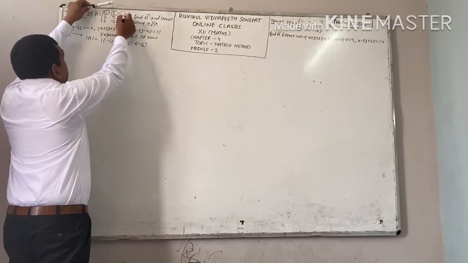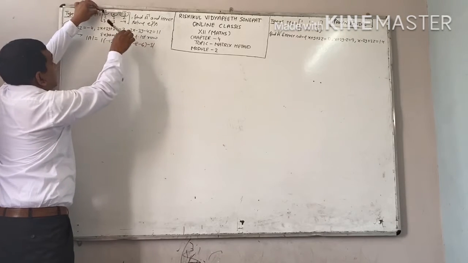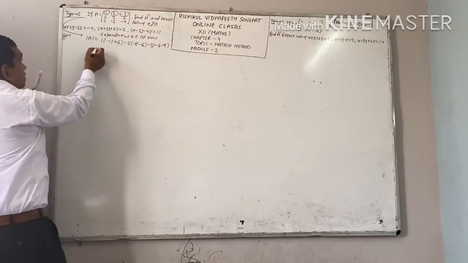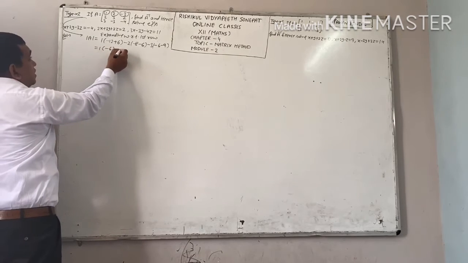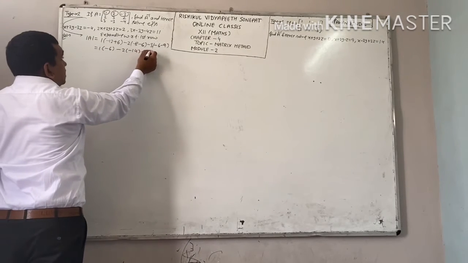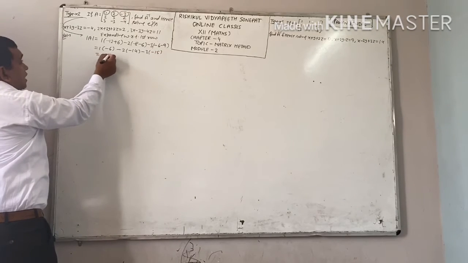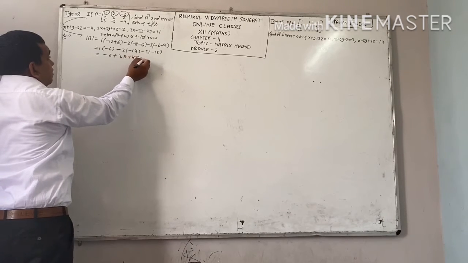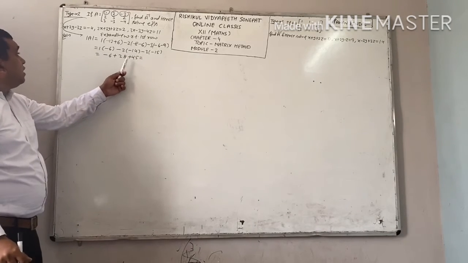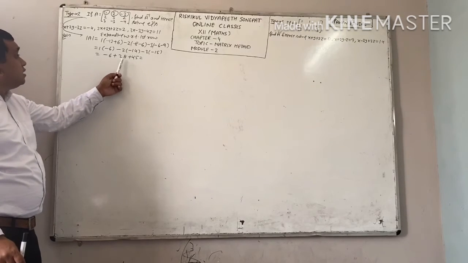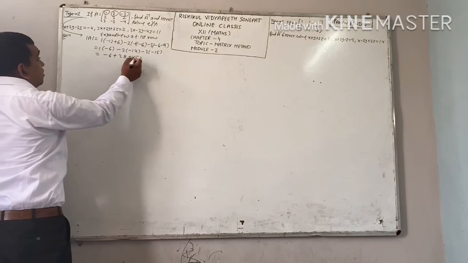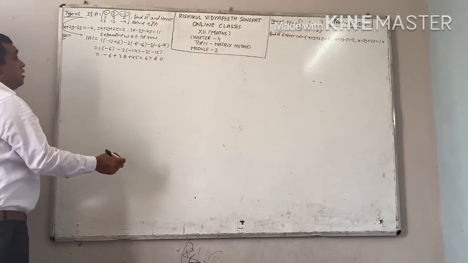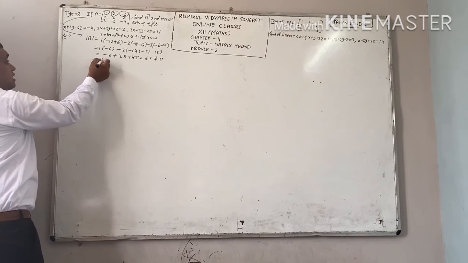Last one minus 3, horizontal and vertical. This is your minus 6, minus 9. This is your 1 into minus 6, minus 2 into minus 14, minus 3 into minus 15. This is your minus 6 plus 28 plus 45. 45 minus 6, this is your 39, and 39 plus 28, this is your 67. Not equal to 0. Right? Therefore, you will say A inverse exists.